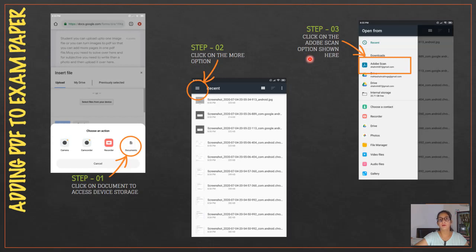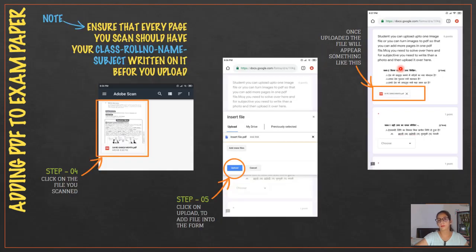Then click on the Adobe Scan option shown here. Ensure that every page you scan has your name, class, roll number and subject written on it before uploading. Click on the file you scanned. Click on Upload to add the file into the form. You can see this is the Upload button. Once uploaded, the file will appear like this.